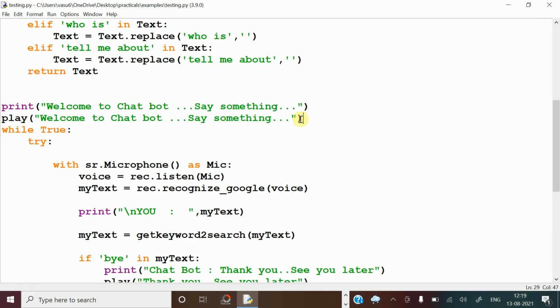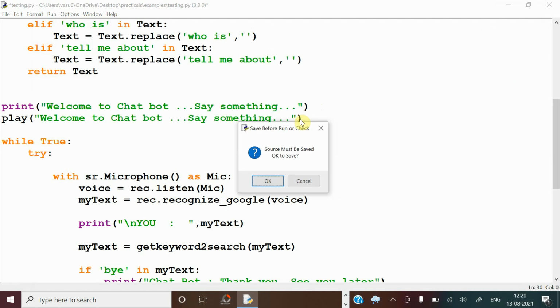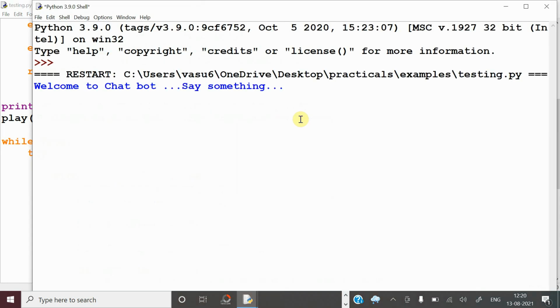After that, in our program, one more issue will be there. Sometimes while running the program, you are talking with the system. Suddenly, if some other friend came and you are talking with him, at that time your system may take that as the input. There might be an issue. Suppose here I am running the program. Welcome to chatbot. Say something. Suddenly one of our friends came and I am talking with him casually, like how are you, what are you doing. Then what will happen? The system will take that as the input. The system should not take it like that.